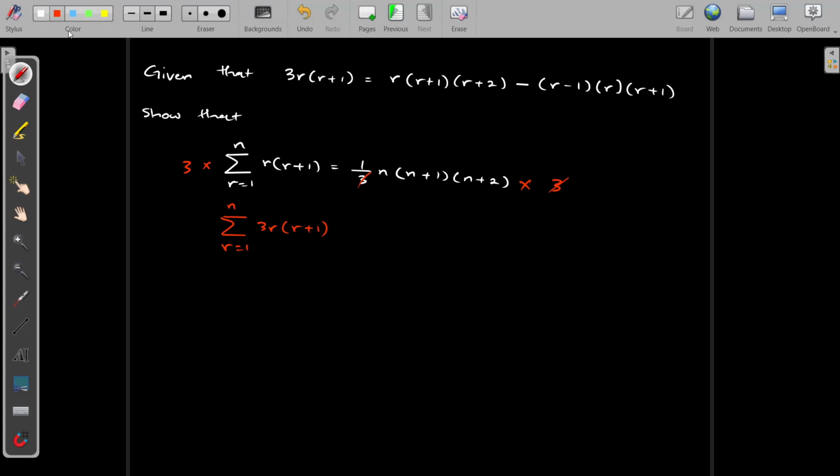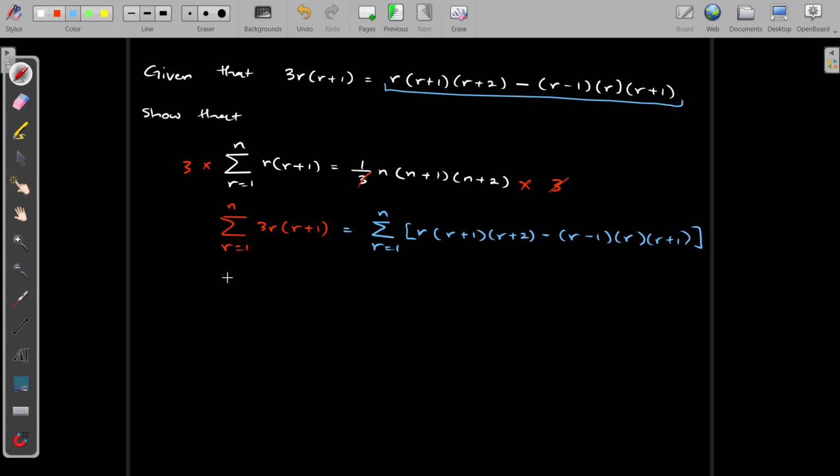And see that we already know what 3r times r plus 1 is, we can just replace all of this over here with r. That would be equal to the sum r equal 1 to n of r plus 1 r plus 2 minus r minus 1 r plus 1. So we have it like this. So now it's just time to test,